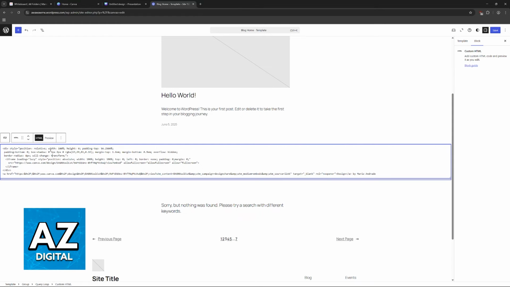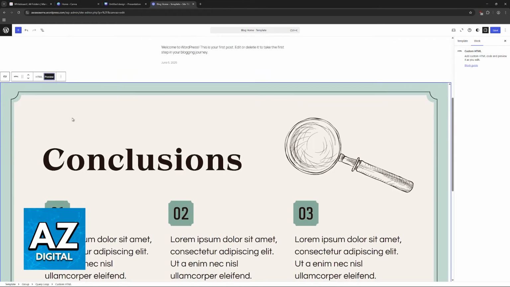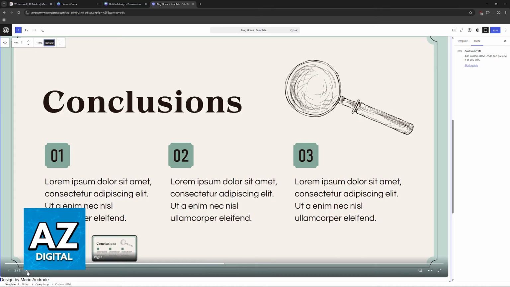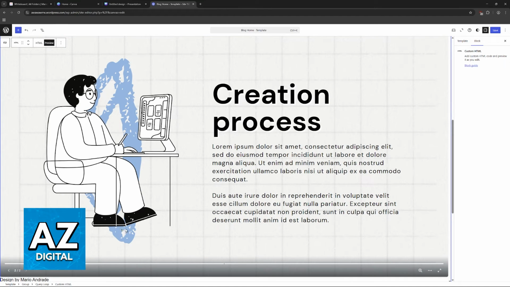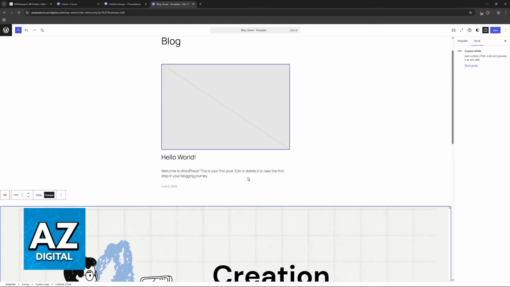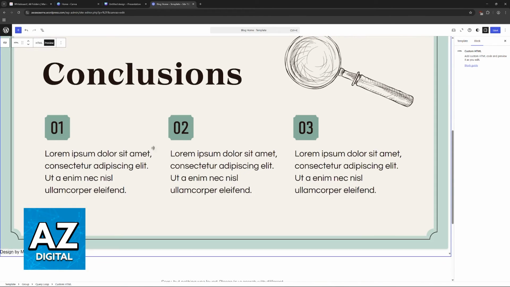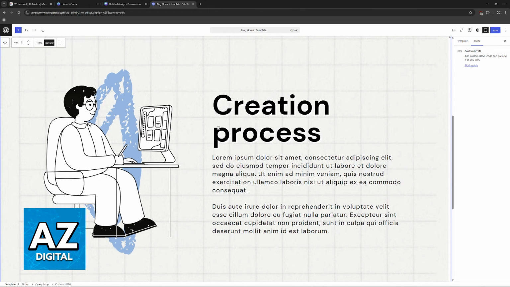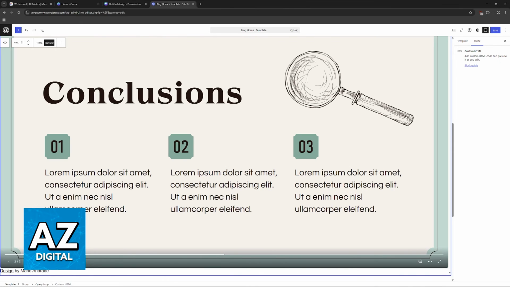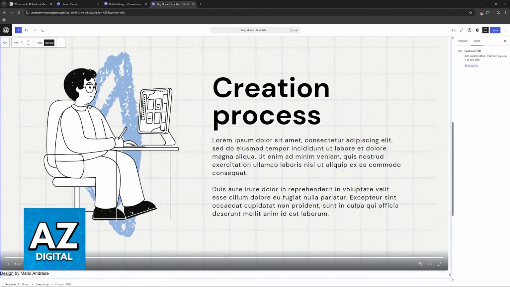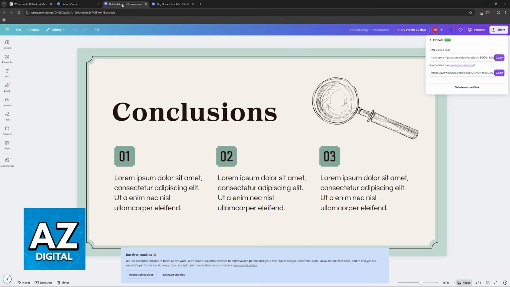Once you have it listed here, you can switch over to preview to see how it looks. And as you can see, the two slides that we have on Canva are now appearing on WordPress. So whenever someone visits my WordPress blog, this is what they are going to see. They can click on the slides or use the scroll wheel or the player options here to switch between the slides. Now, as I've said in the beginning of the video, this is going to be useful if you are transferring individual elements or sections.